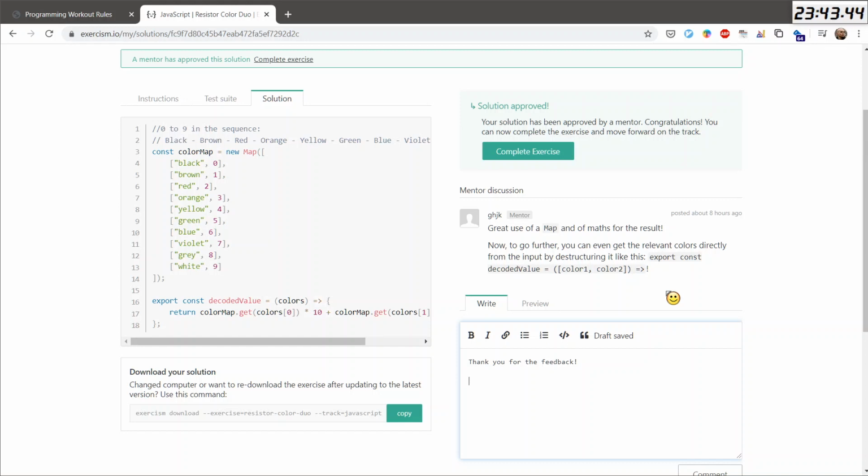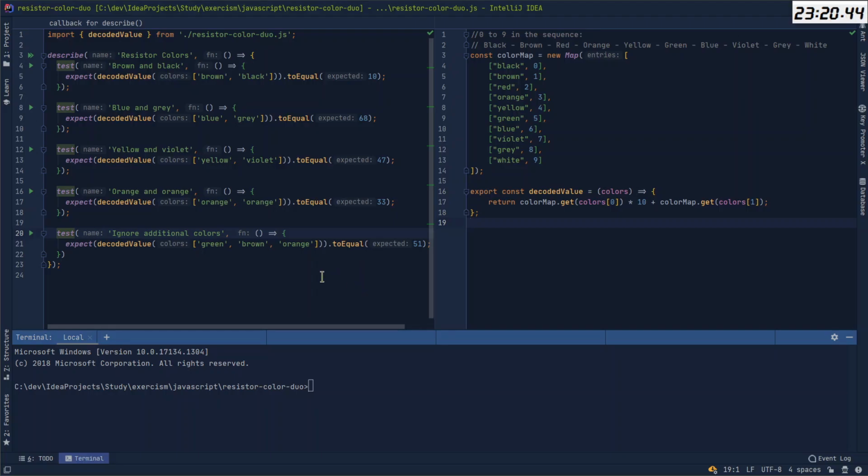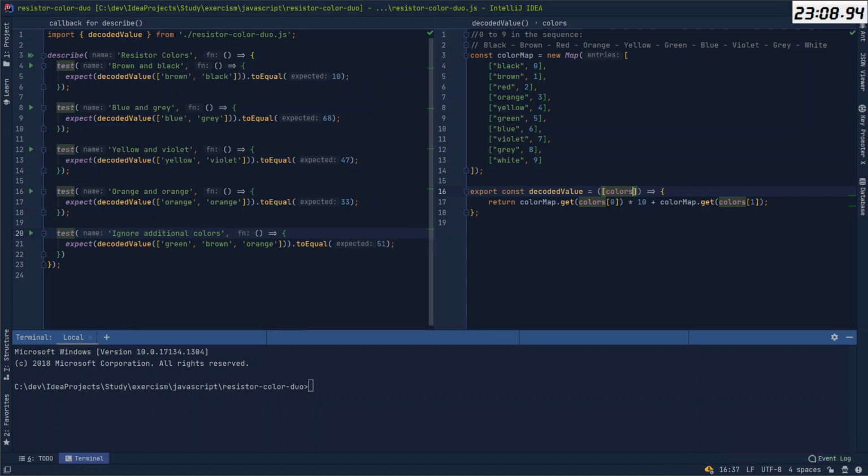Ah, I see. Color 1, color 2. Now I understand it. Okay, so I will change it then. So he meant that this here will be inside of that, and this will be color 1, and this will be color 2, like so.